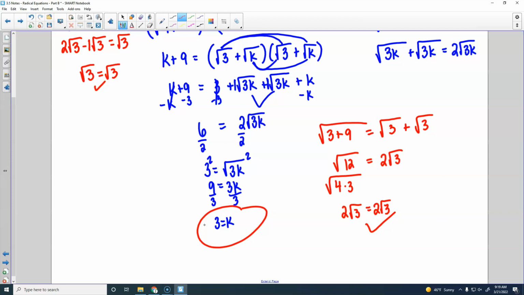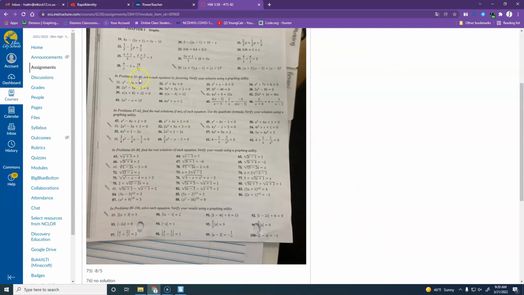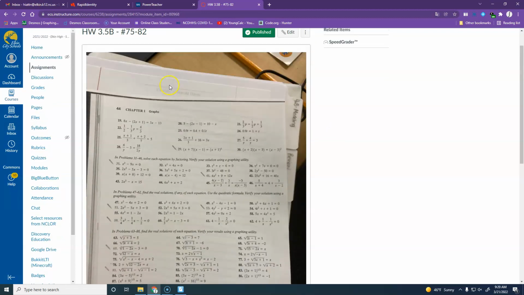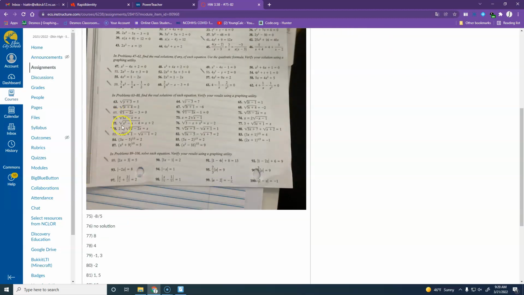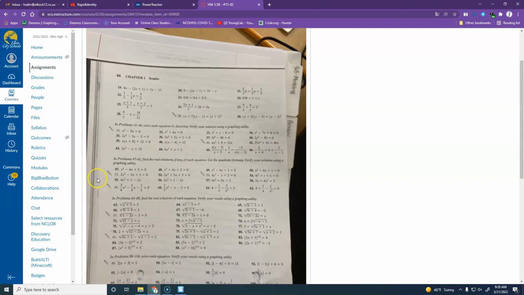Okay, questions? All right, so your assignment for today, I did not print it off. I just have it on Canvas for you to look at because it's just a few problems. We're just going to write those down. It is this worksheet here that I copied from a different textbook that I have. We're going to do number 75 through 82, which is down here at the bottom of the page. I have put the answers here so you can check your answers. But what I want us to do to get started in here is I'm going to pair you guys up